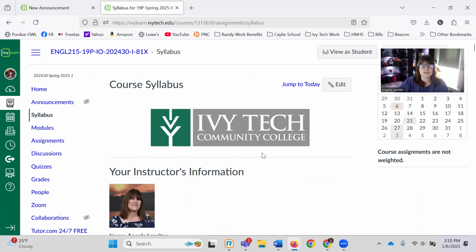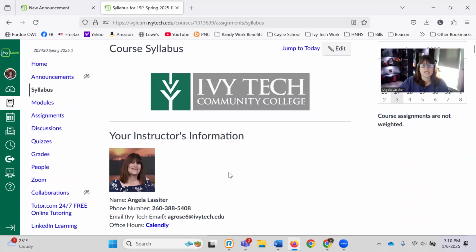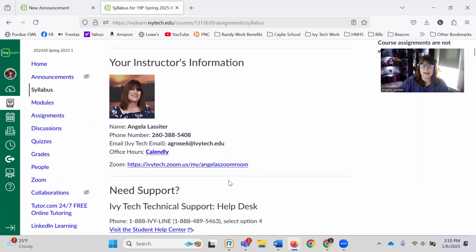Ivy Tech Community College has a calendar up here for you all. It has my information right off the bat, right at the top. You can see where my name is, my phone number. I do have, in your announcements, which you can see, here's that right here, a communication layout of when you can contact me.